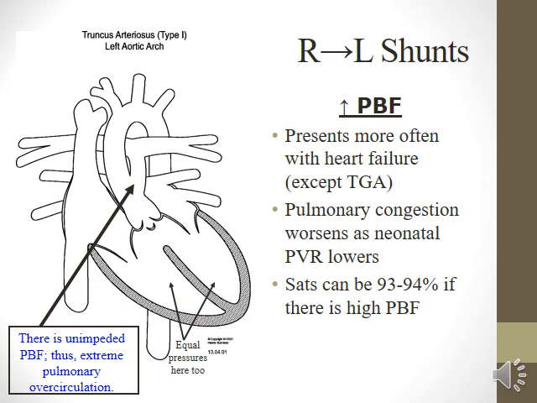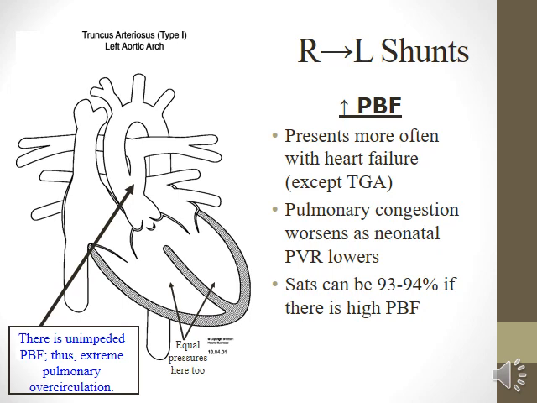In right to left shunt, one is the truncus arteriosus type 1 with left aortic arch, and there is a pulmonary artery and aorta. Both are not divided, both are the same actually. So there is increased pulmonary blood flow. Presents more often with heart failure,